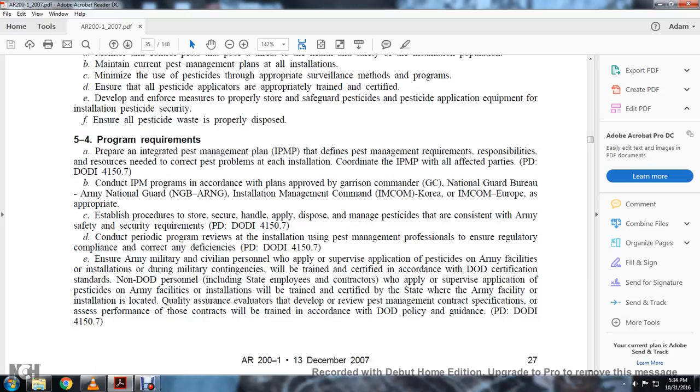5.4 Program requirements. Prepare an Integrated Pest Management Program (IPMP) that defines pest management requirements and the resources and responsibilities needed to correct pest problems for each established installation, coordinated with the installation integrated pest management plan. Conduct IPM programs in accordance with Department of Defense Instruction 4150.7, with approval of the Garrison Command, National Guard Bureau, Army National Guard, Installation Management Command Korea, and Installation Management Command Europe, as appropriate. Establish procedures to store, secure, handle, apply, and dispose of pesticides that are consistent with